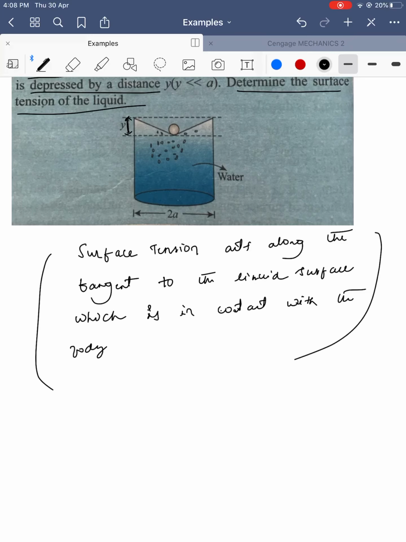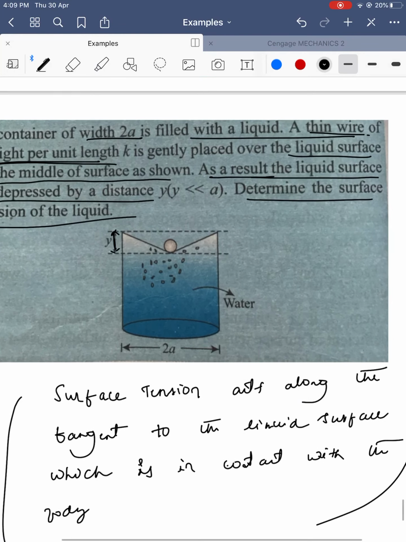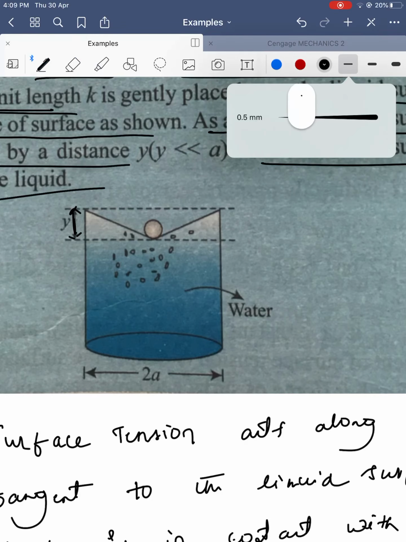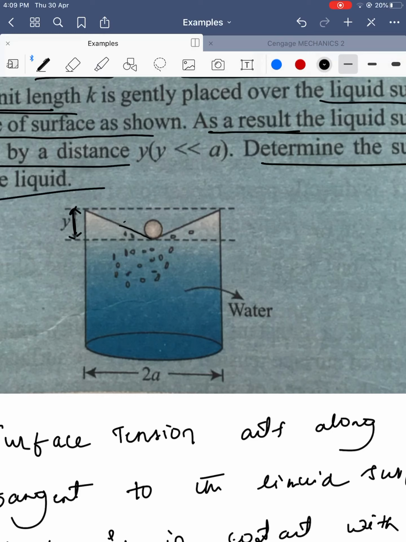Sir, what do you want to say from this lengthy expression? One thing you understood, something tangent. This is a liquid surface; here it is tangent. Draw a tangent, and along it will be the surface tension force. If you draw another tangent, this is also a surface tension force. So why are we saying tangent? Along the liquid surface which is in contact with the object, we should draw the tangent. In this case it is already a straight line, so the tangent will be along a straight line. This is also in this direction.